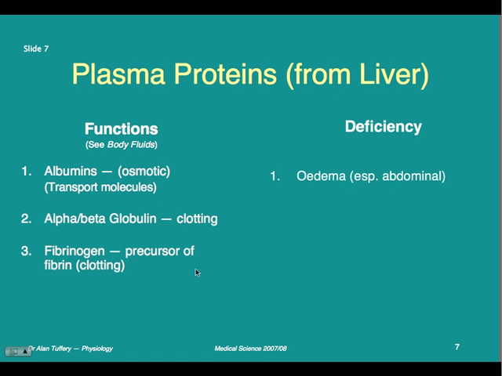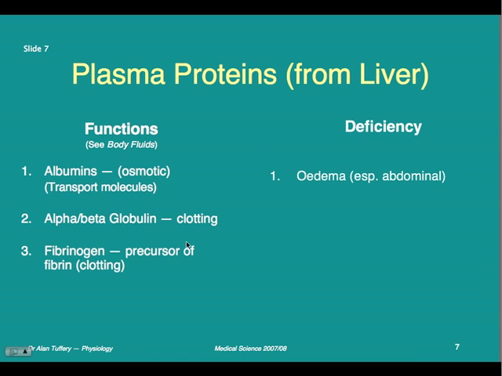So if you have a shortage, if you have liver failure and the liver is unable to produce the proteins, then you're going to get edema because you will not produce enough plasma proteins. That will reduce the colloid osmotic pressure in the gut, and that will reduce the inward flow of water back into the circulation. Therefore water will accumulate in the periphery, outside of circulation, so you get edema, swelling, especially abdominal,